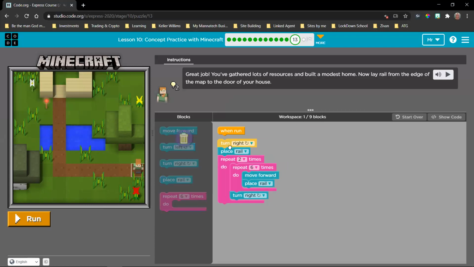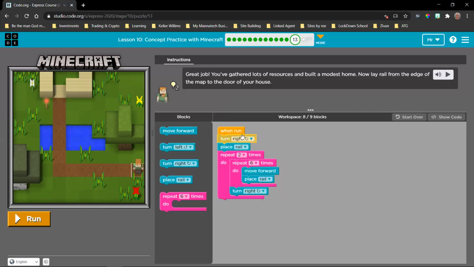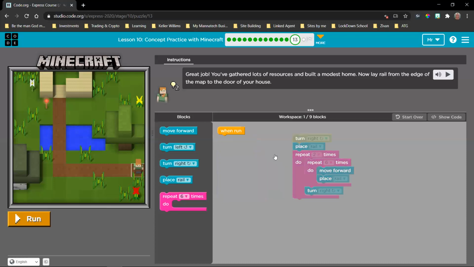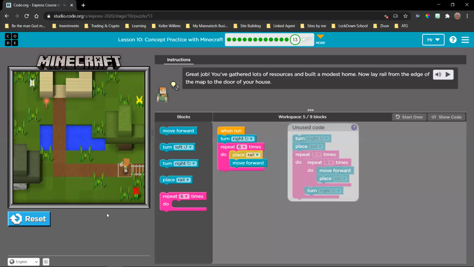So this was the way that I did it now. It gives you 8 blocks used and it creates a situation where you're placing a rail there. Let's see if we can't tidy this up, even though we might be using the full 9 blocks there. So we obviously want to turn right here. Then I'm too lazy to count today, so I'm just going to test it. I think there's a shorter way to do this, to tell you the honest truth. Yes.